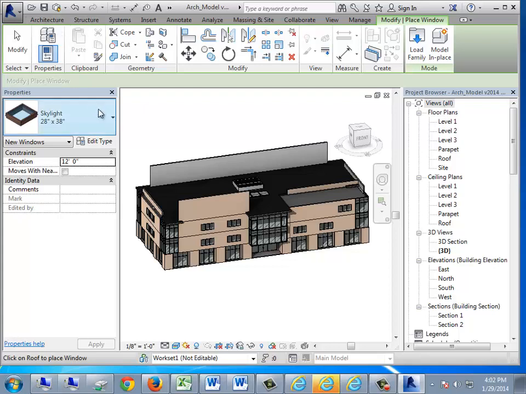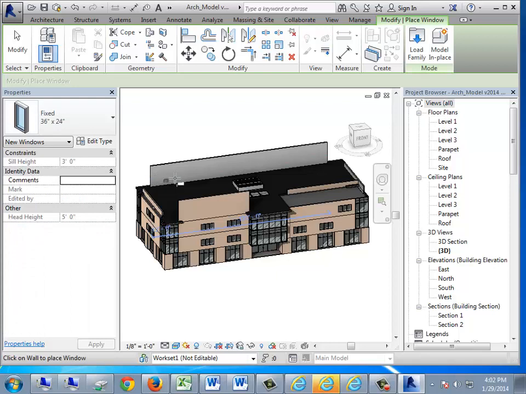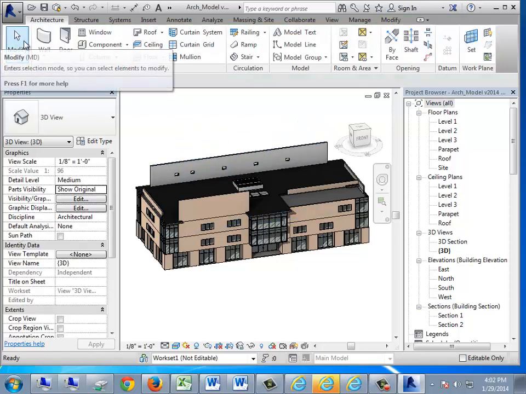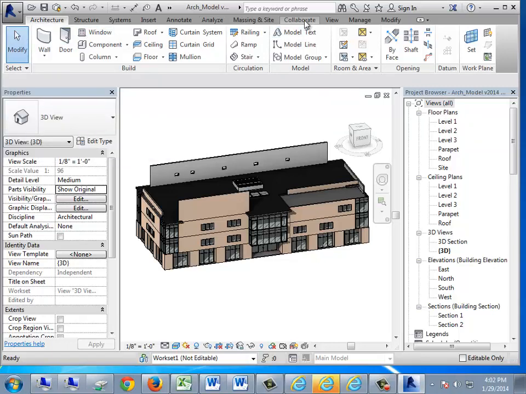Skylight. I meant to grab a window. Hang on. So I'll put some windows in the parapet, which is not a very good design. But I'm making some changes. So again, because I'm making the changes, you can't change the parapet right now. But go ahead. Beautiful. Let me go ahead and sync,